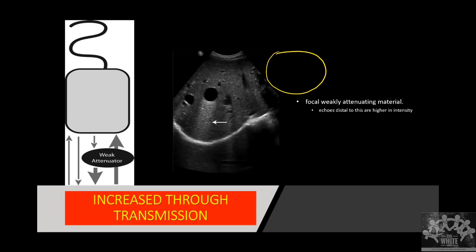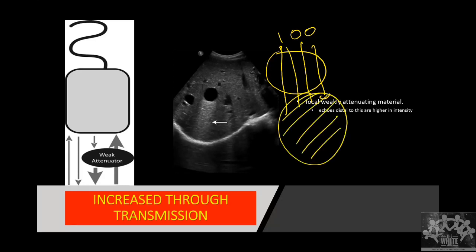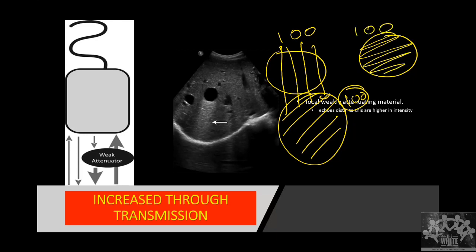it should not have more reflection by the fluid. Now, if I send 100 sound waves from one end of the cyst, most of them will reach the other end. So the amount of sound coming to the distal structure is almost 100%. If at the same place there is a soft tissue and I send 100 sound waves, how much sound will go beyond it? It will be around 80%.